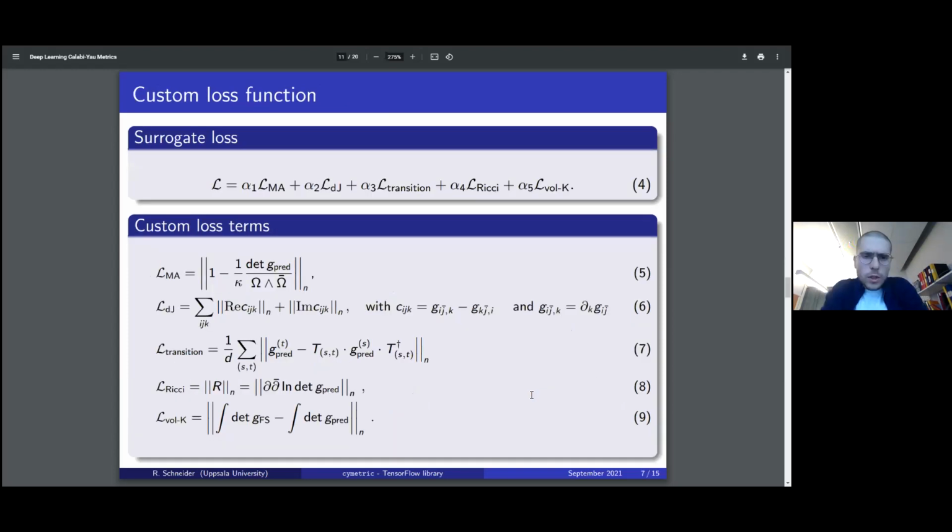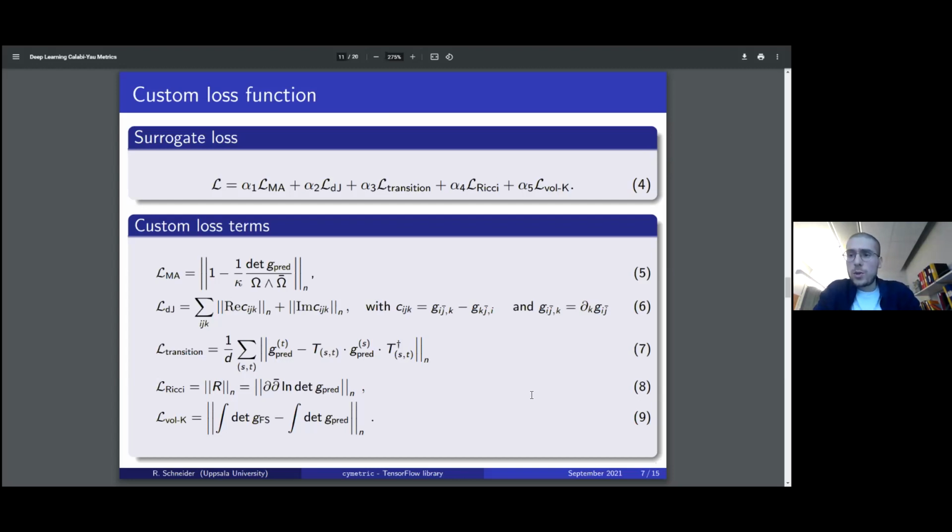Okay, so neural networks, we've treated them so far as a black box, and I don't think it's useful to introduce them here. But the way they are optimized is you have some cost function, which the neural network minimizes and finds parameters in its weights such that this loss function is going to be 0. And often in deep learning, you do supervised machine learning, where you have some true value, and then you just take a difference and want to optimize the prediction of your neural network in such a way that this difference is going to go to 0. However, we don't know any known expression for the metric tensor.